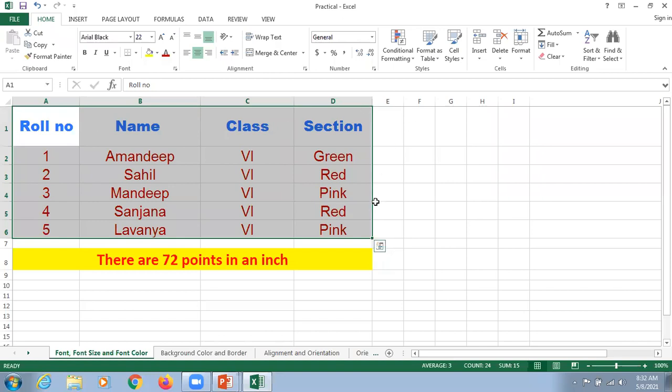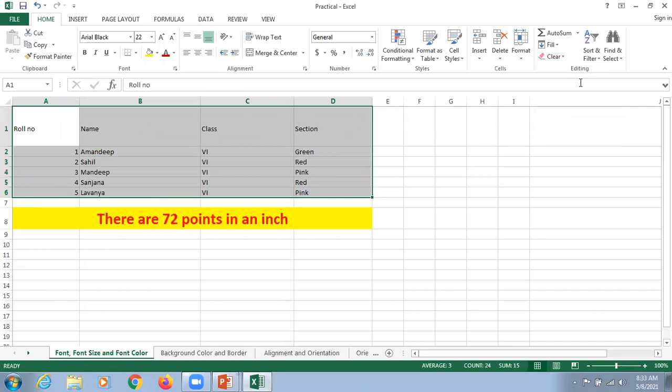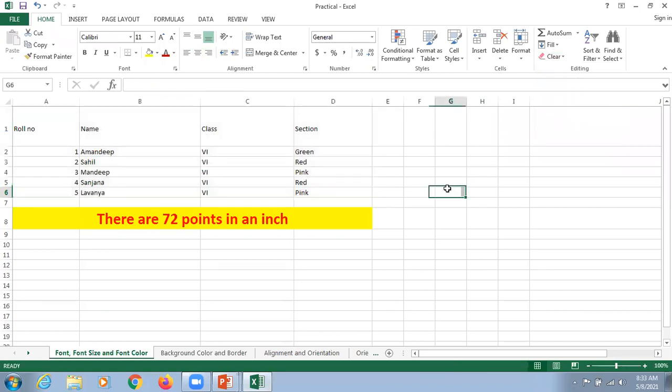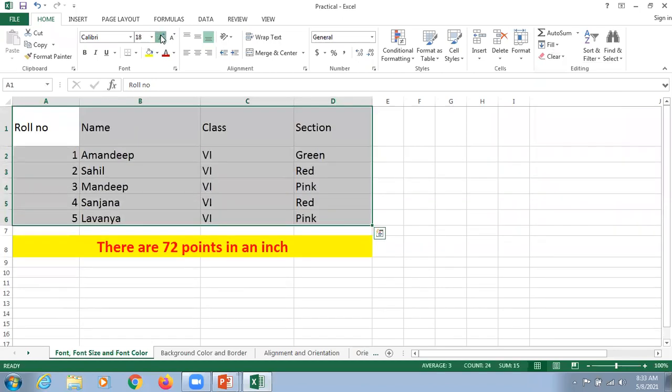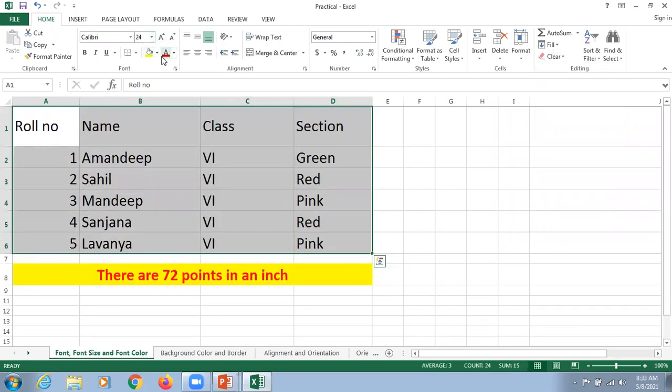So I'm just going to select this information, click on the Home tab, and here in Editing, hopefully all are watching, one option is there: Clear. Because we are supposed to apply some bold and italic, we just want to clear all the formatting we have done earlier. So here is the option Clear Format. When we select that option, it looks similar to what we have watched in the earlier stages.